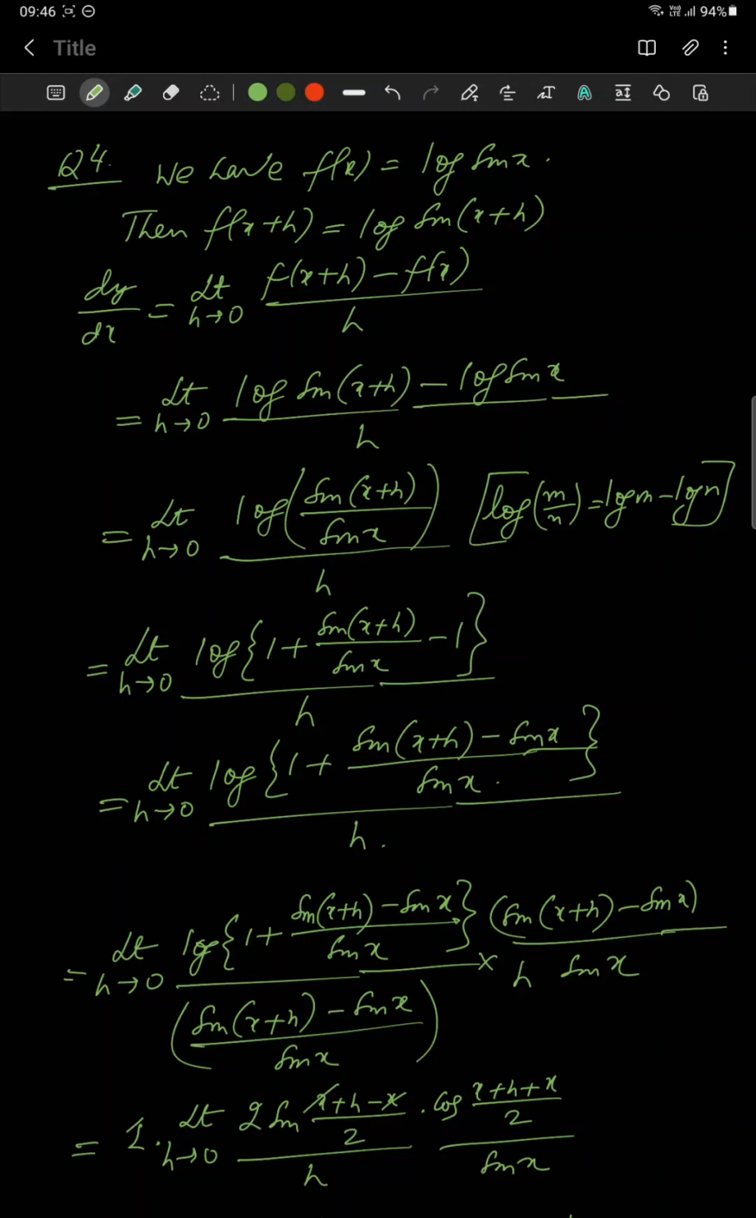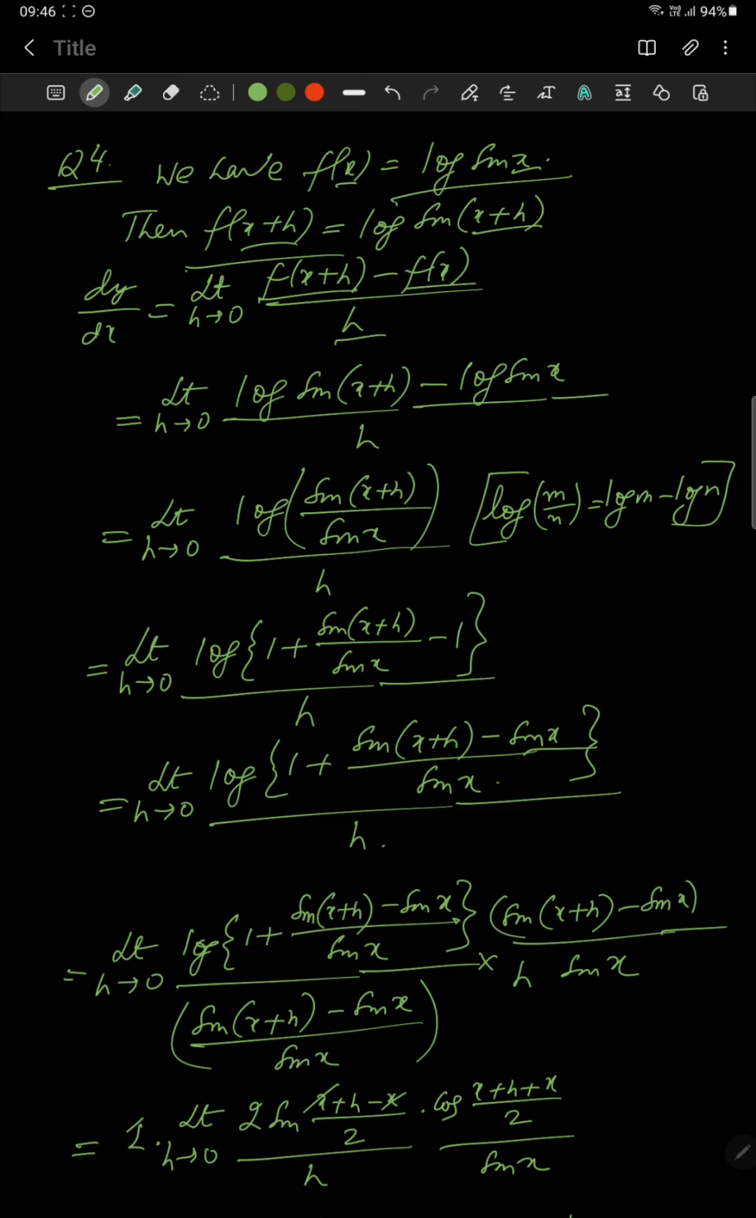Okay students, in this question f(x) is equal to log sin x. For differentiating we are taking f(x+h). In place of x we are writing x plus h. So in place of x this will become x plus h. So dy by dx is equal to limit h tending to 0 f(x+h) minus f(x) all divided by